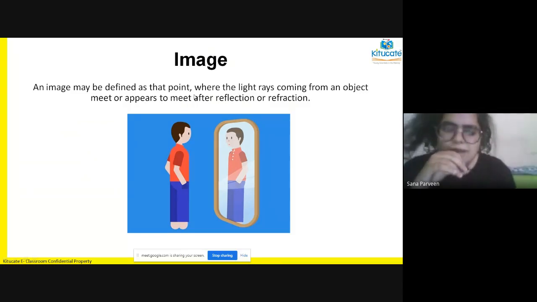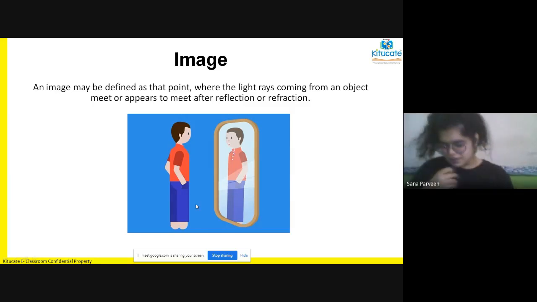So again, I repeat, there was a source of rays. From the source of the rays, some rays started to fall on the boy's body. As the boy's body was opaque, some rays from the boy's body, okay, from this, where is the cursor? Okay, from the boy's body, some rays were reflected on the surface, on the plane mirror, and from the plane mirror, again, the rays were deflected.